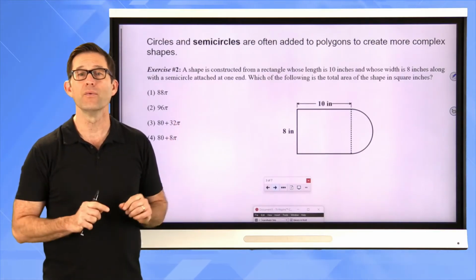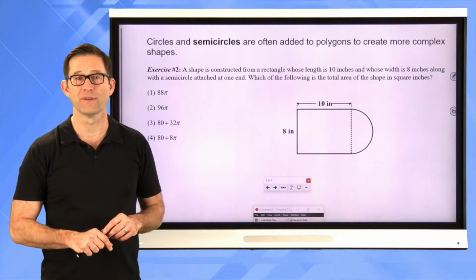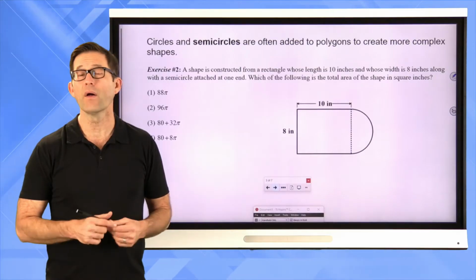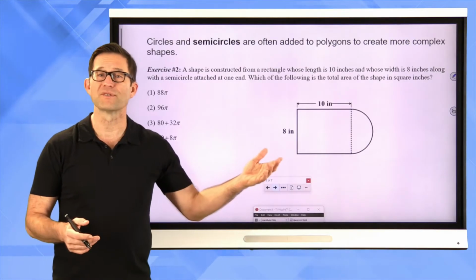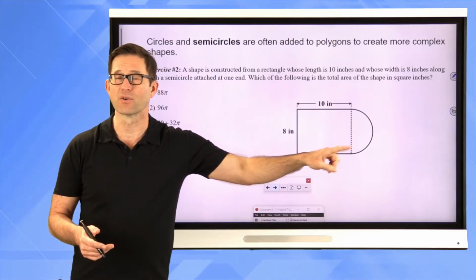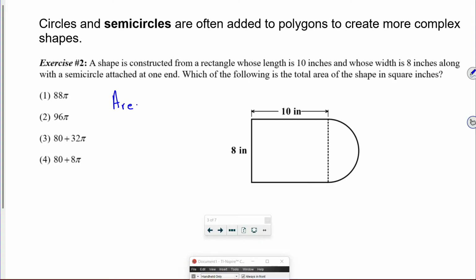What I'd like you to do now is pause the video and see if you can figure out which is the correct choice. All right, well, I think that you've probably seen problems similar to this. We want to add the area of the rectangle to the area of the semicircle. That's going to be easy enough, right? The area of the rectangle is going to be 8 times 10, which is 80. Now, the area of the semicircle